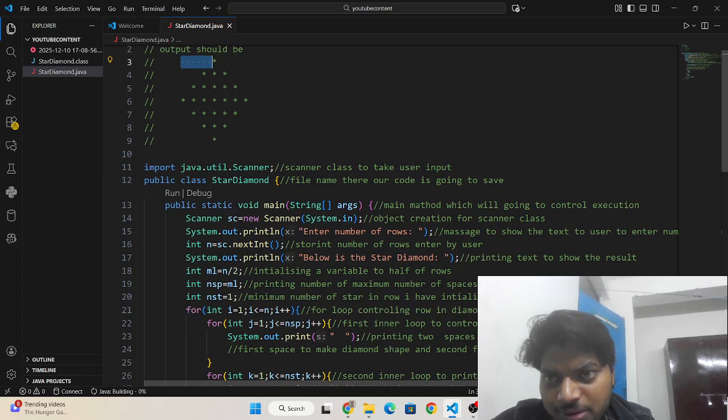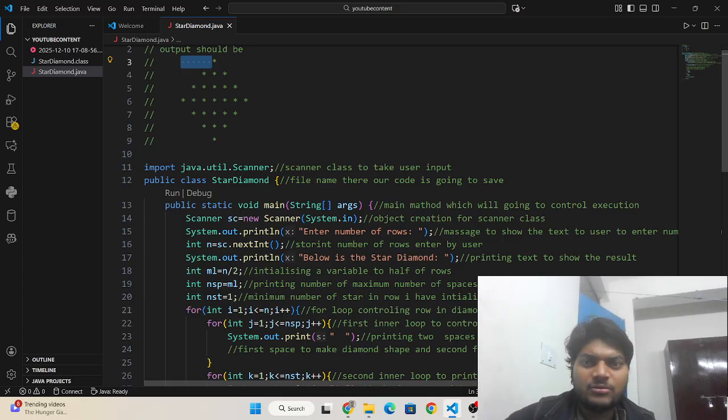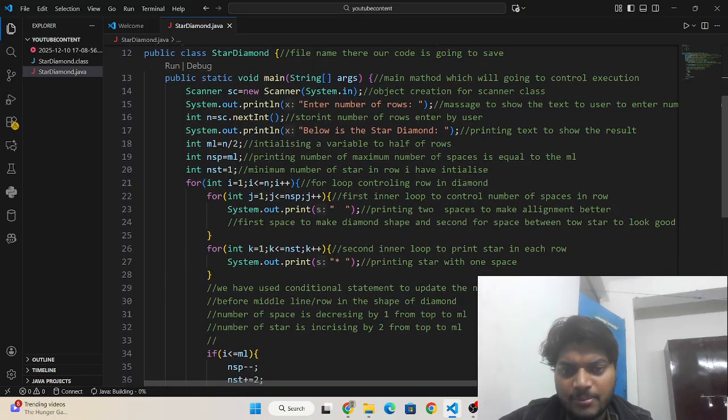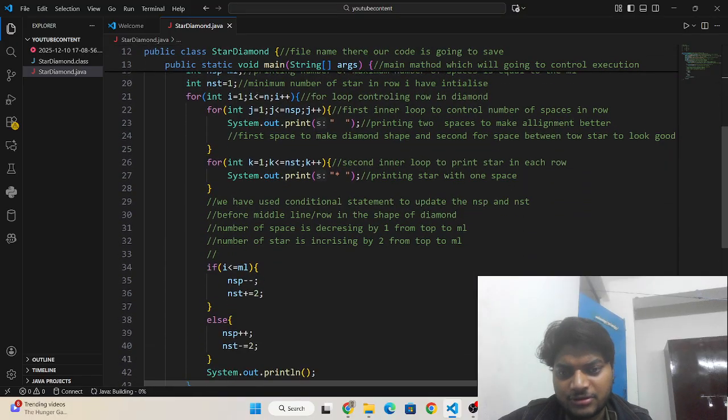Okay, middle line minus 1, it means. So I have mentioned here, and then I have written the logic. Number of spaces is decreasing by 1 from top to middle line, and the number of stars is increasing by 2.